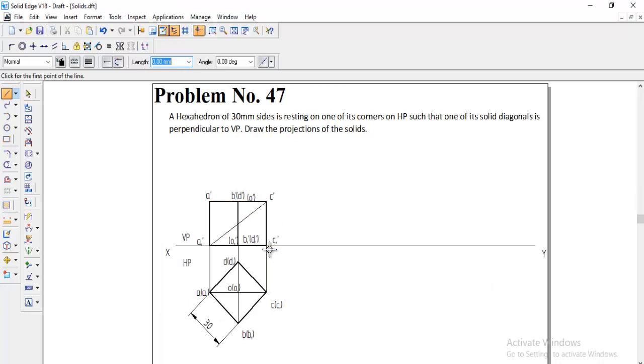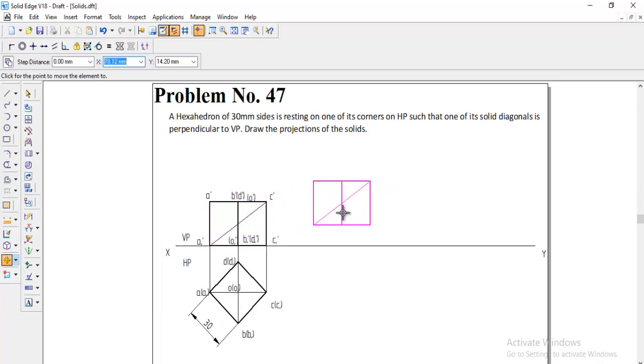So we need to rotate by taking the resting corner C dash, and we need to rotate such that this C dash A dash should become horizontal. Okay, how to make that? Just simply, first we will take all these edges and move them outside.